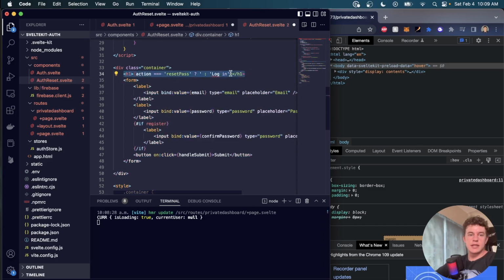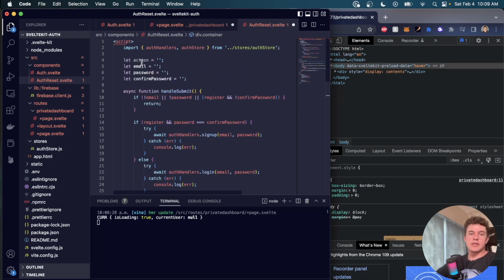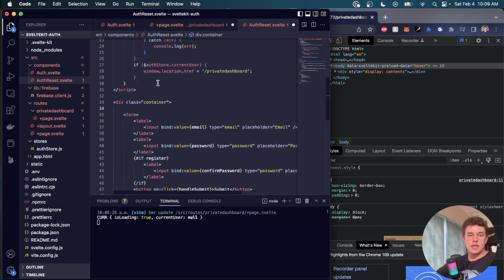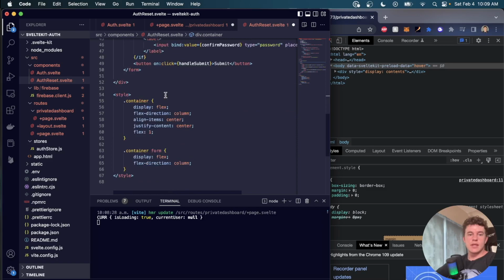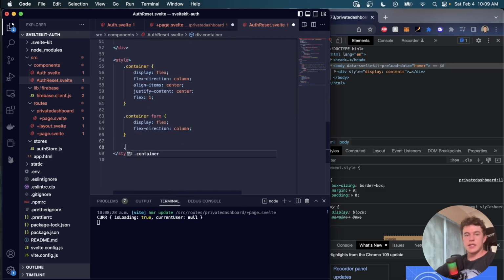I'm actually going to delete that. And basically what we're going to do is have two buttons that can say reset password, reset email. So I might actually just add those in here. We'll have a div. We can style the div. We can say container